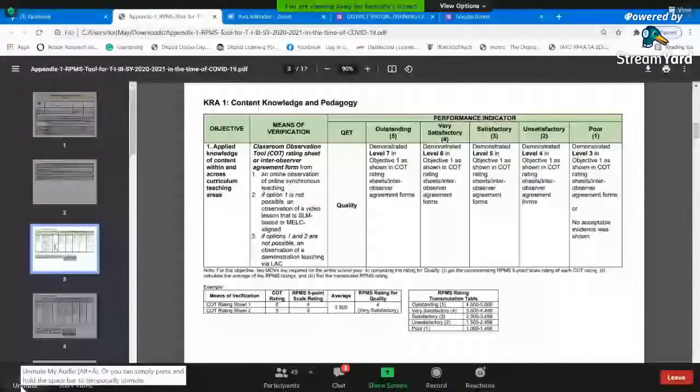But no problem for us to provide the MOVs of this, my dear fellow teachers. The rater, it could be the master teachers or the school heads, will only validate your self-rating. So that is why, when you accomplish your MOVs,